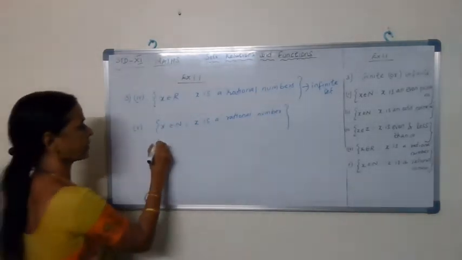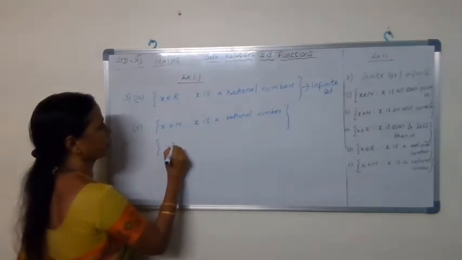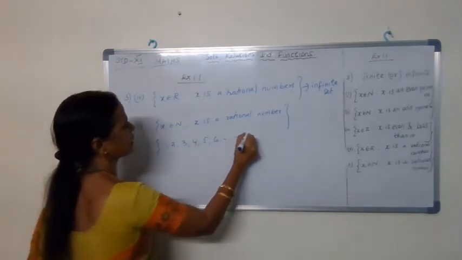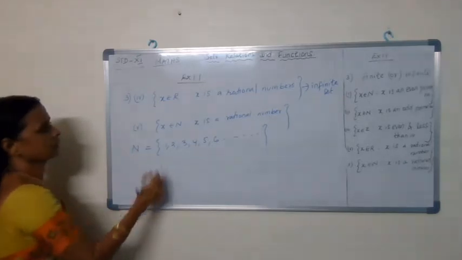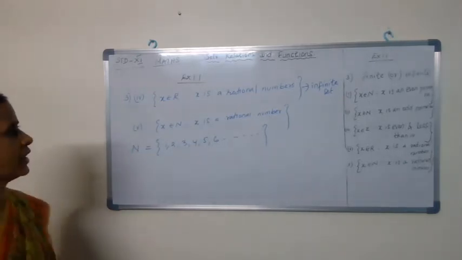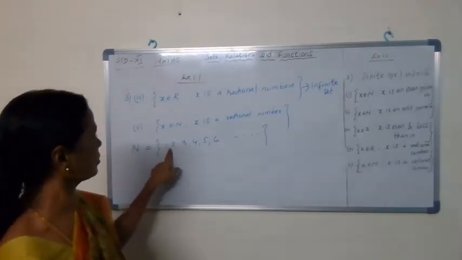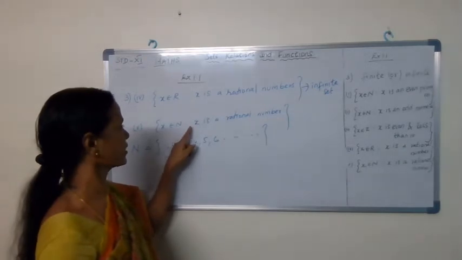What are natural numbers? 1, 2, 3, 4, 5, 6, etc. These are natural numbers. And you have to consider all the values. The value x must be a natural number,